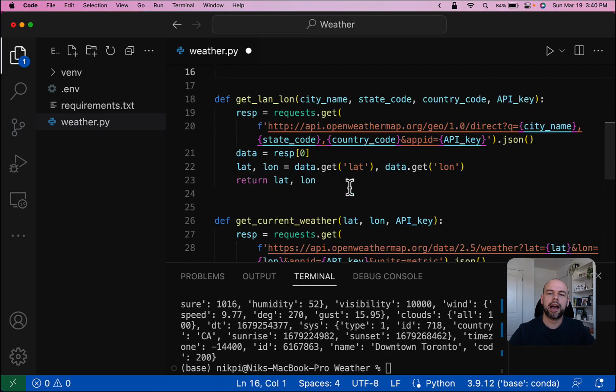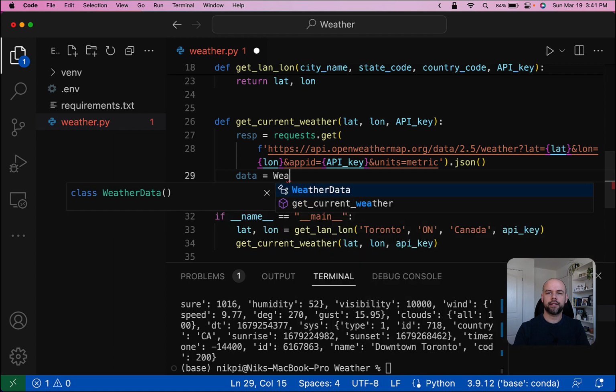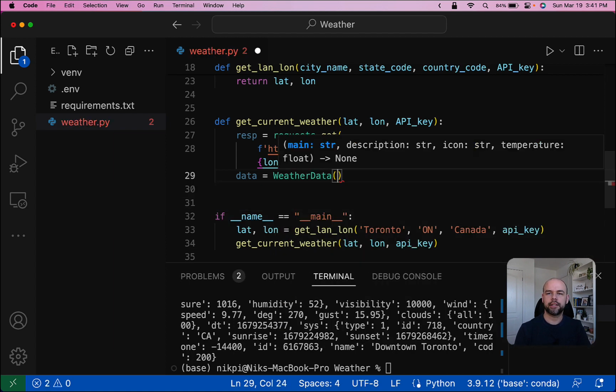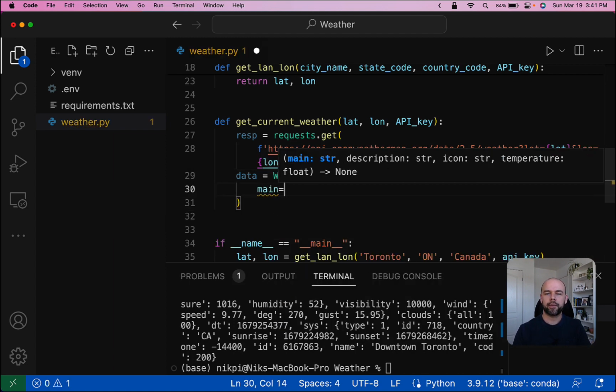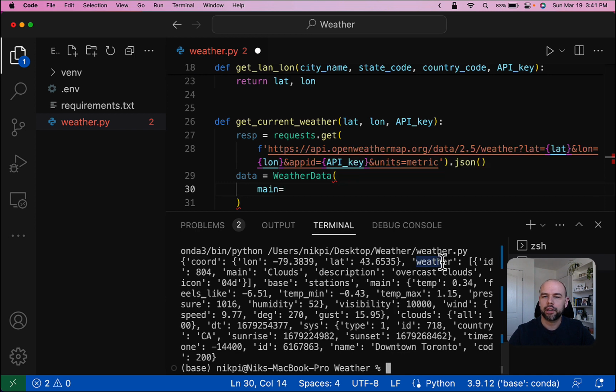So let's go back down here. And we're now going to create a variable called data. We'll pass in weather data. So for main, let's see how we can get at the main value. So we can see that this is a dictionary. And then under weather, we get a list. So what we're going to want to do is access